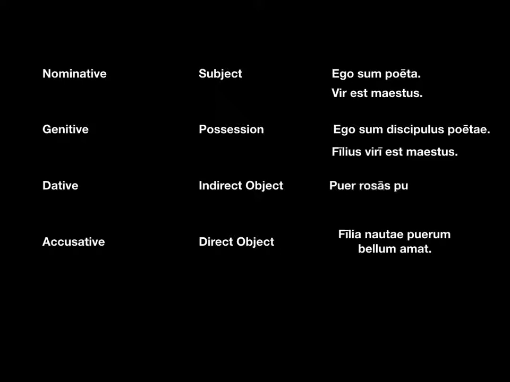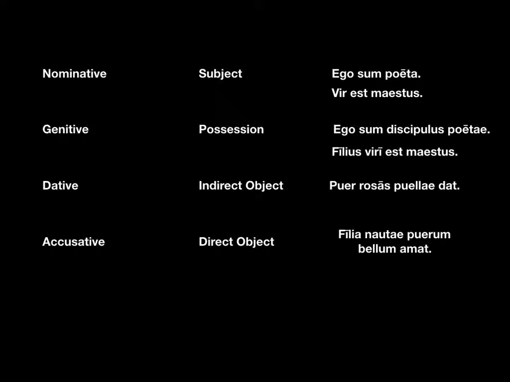So, we can say, "puer rosas puellae dat." The boy gives roses is the basic sentence. The boy is the subject, the roses are the direct object, and we wonder, is there a recipient of the roses? Can we specify that? We can. When we do that, we're using the indirect object. So we'll put puellae into the dative